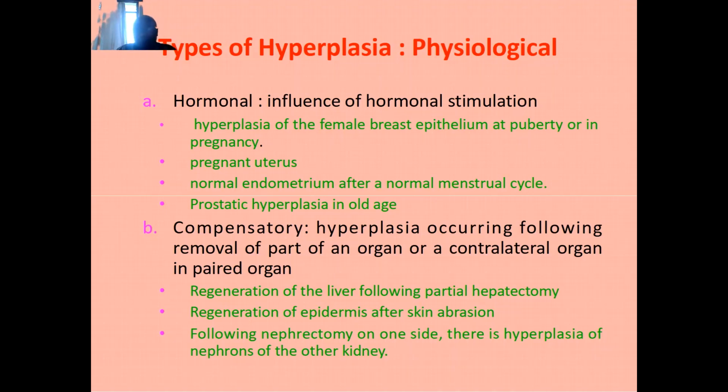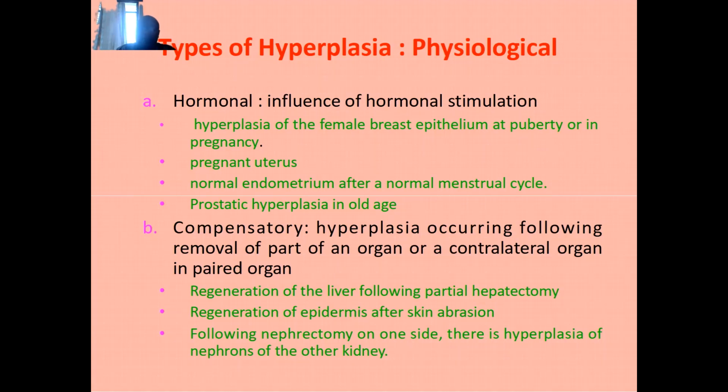Prostate becomes big in old men, and this is the case where people have the problem of blocked urine. Then there is number two, which is called compensatory hyperplasia. These are physiological types of hyperplasia. Hyperplasia which occurs because of compensation follows removal of various organs or parts of the body,